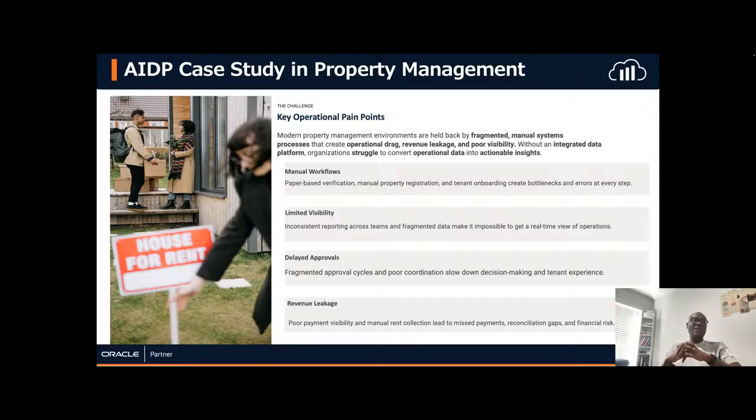Then there is poor payment visibility, one of the major things the organization and the users faced. Rent was being collected manually, which led to missed payments. It also led to reconciliation gaps and financial and compliance risk.